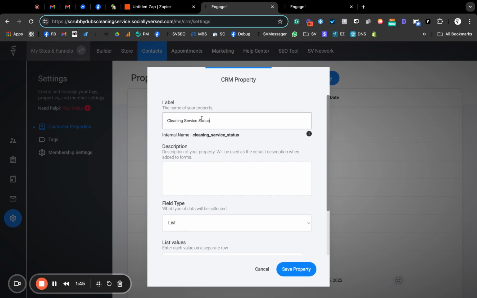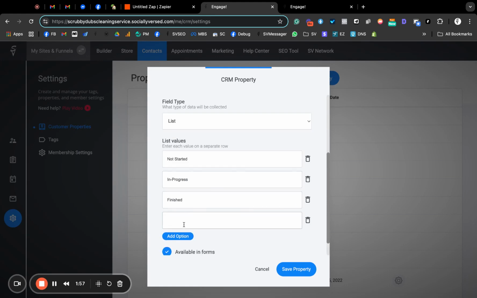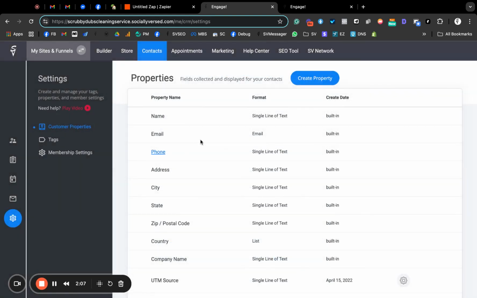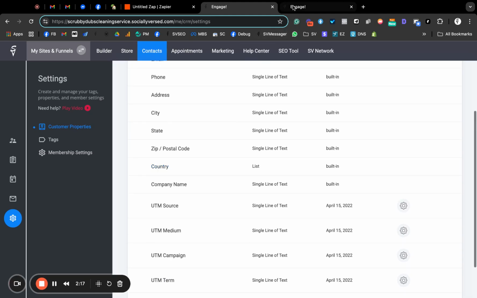Let's go ahead and make this cleaning service status. It has not been started, it's in progress, or it is finished. Or we could do other or error to have some other option here. And then we're going to go ahead and save. So now what we have essentially done is set up a property. Now for every contact that we have inside of our CRM, inside of Socialverse, we can now set this field. And the cool part about that is inside of the automations,